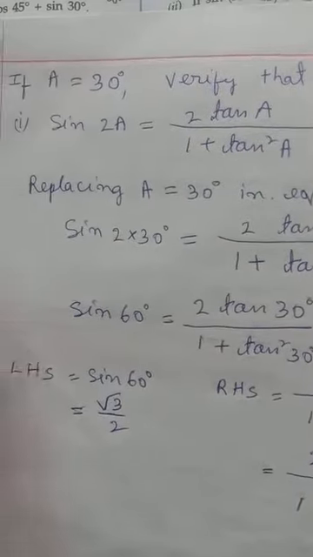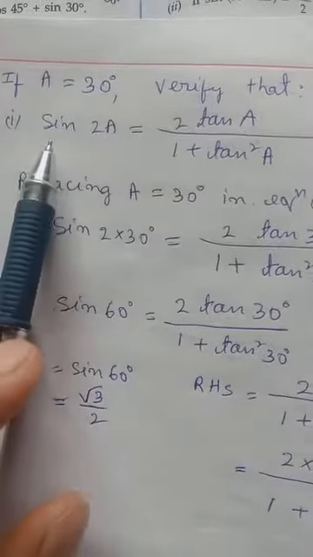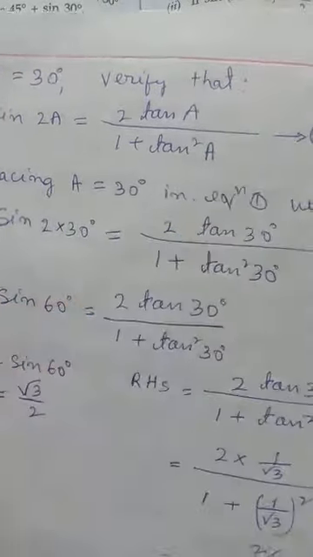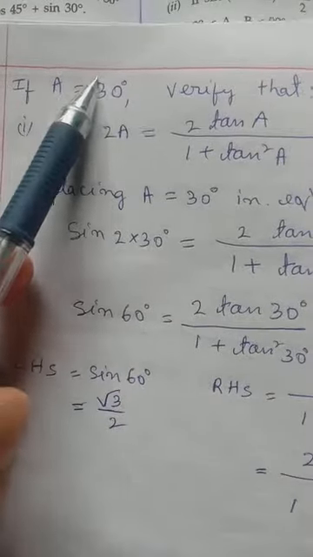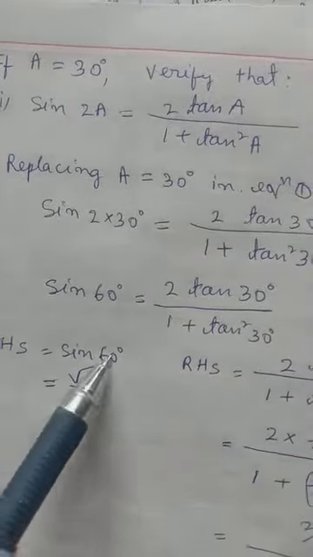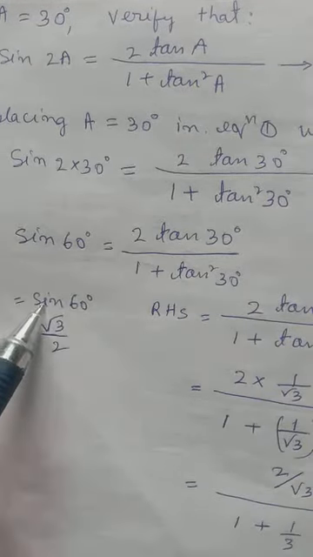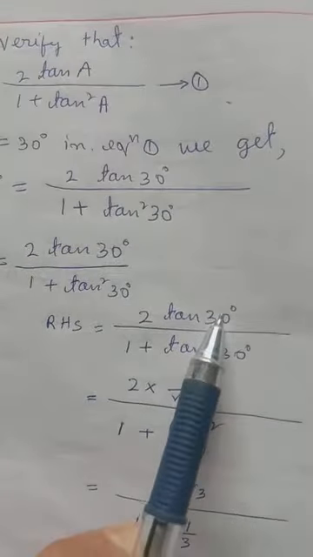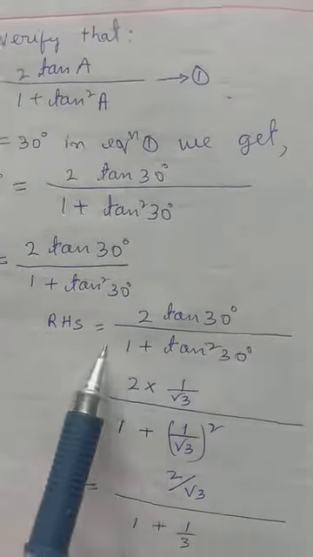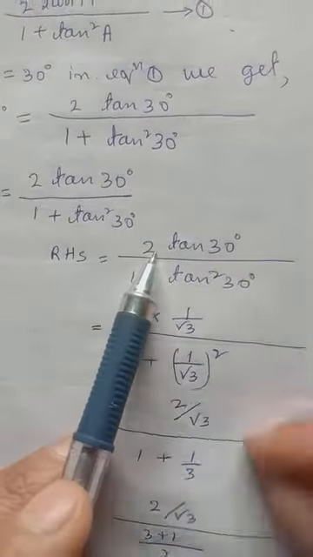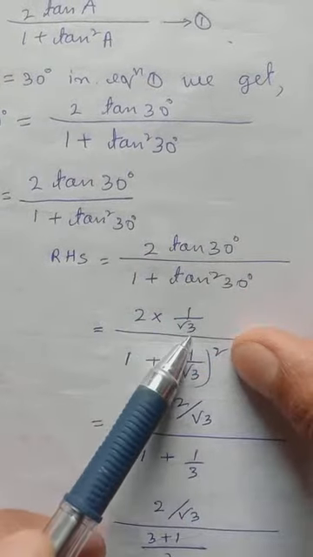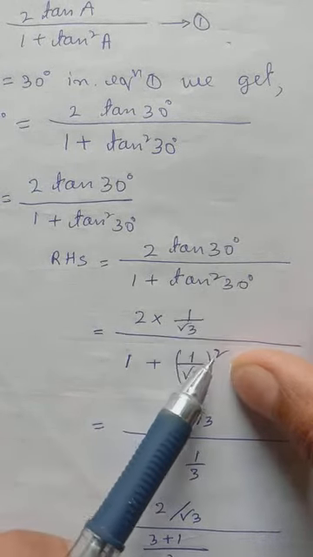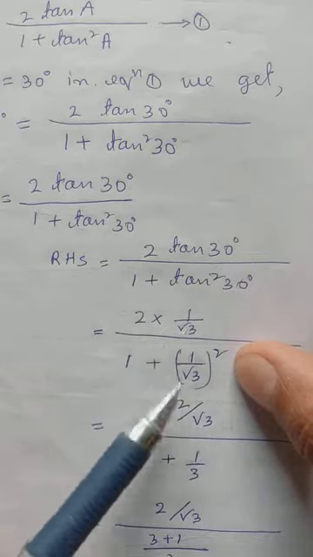Then here again we have A equal to 30 degrees. We have to prove that sine 2A equals 2 tan A by 1 plus tan square A. So let's put first, in place of A, we put 30 degrees. So 2 into 30, we have 60. From the table, check yourself, sine 60 equals root 3 by 2. Then here again, in place of A, we put 30 degrees, only in place of A, okay? The rest remains the same. From the table, tan 30 will be 1 by root 3. Here 1 plus tan 30, 1 by root 3, here we have square, so we put square. So 2 into 1, 2 by root 3.